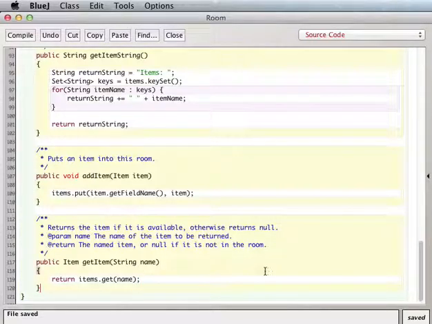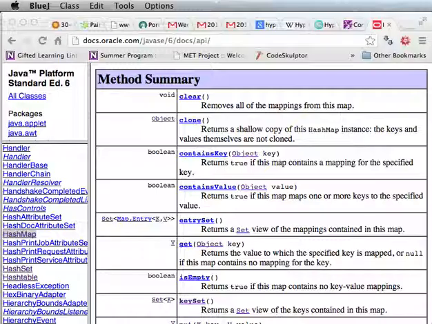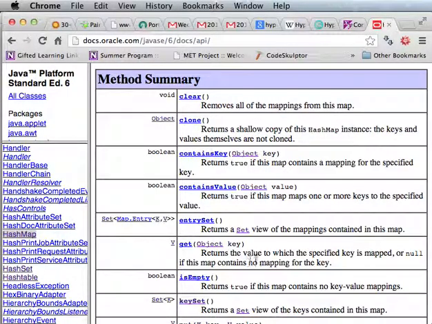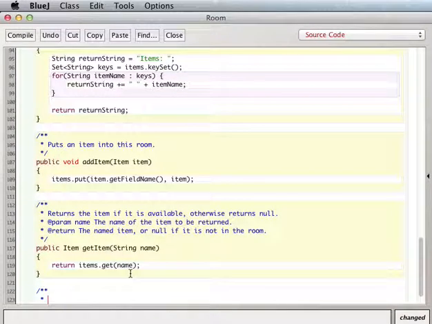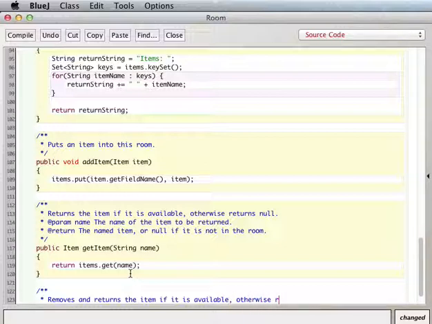And if it's not there, let me just make sure. What does it say about get? Returns the value to which the key is mapped or null. Okay, so that's what we want. All right. So now let's do something that actually takes the item out of the room. Okay, so this removes, and we want to return that item. Returns the item if it is available. Otherwise, we want to return null,